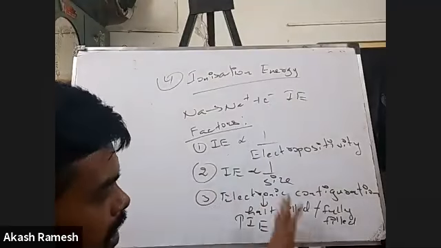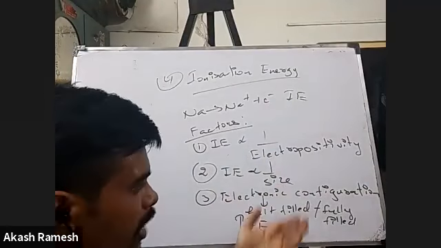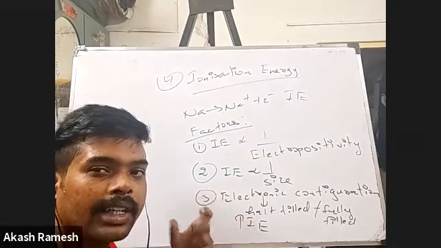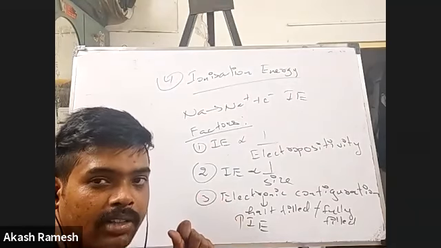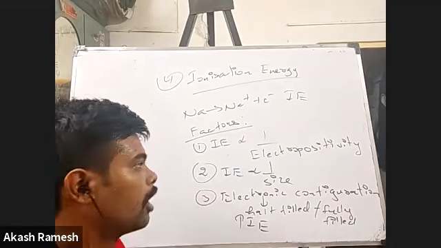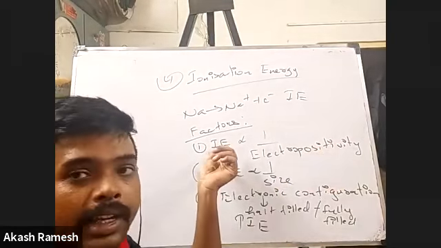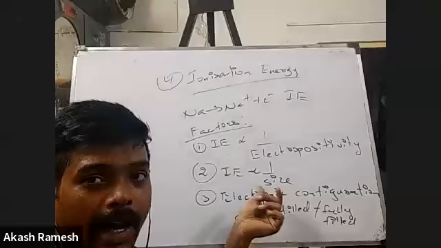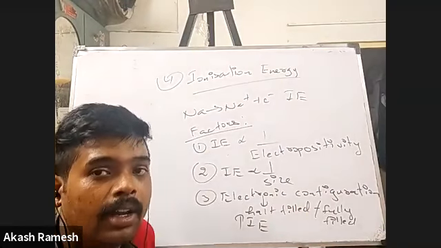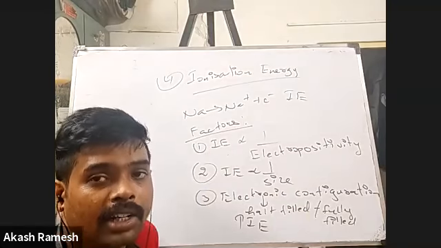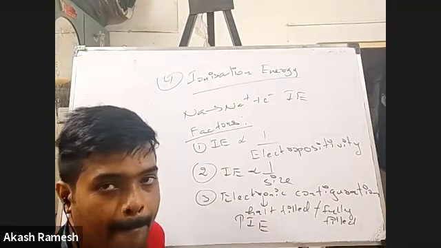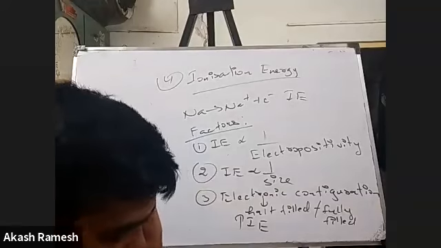So these three things you have to remember, guys. There is no other way, right? It's very logical also. It's all about removing an electron. So which are all the conditions which will favor easy removal of an electron? Whenever easy removal of an electron is there, I'm going to supply less energy for the electron to be taken out, right? Obviously, highly electropositive elements will have very low ionization enthalpy, and a smaller atom will have very high ionization enthalpy. And when I have a half-filled or fully filled configuration, again that is going to affect it, and I have to supply more energy for the electron to come out, because half-filled or fully filled orbitals will give me stability, right? Okay, now we'll take some examples.